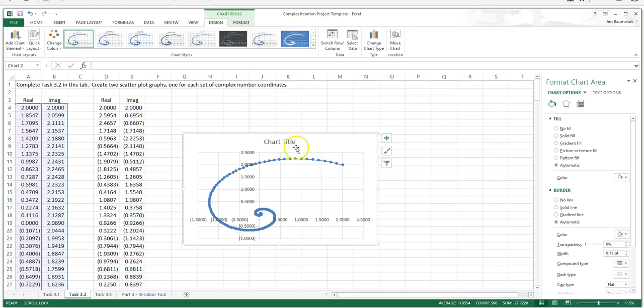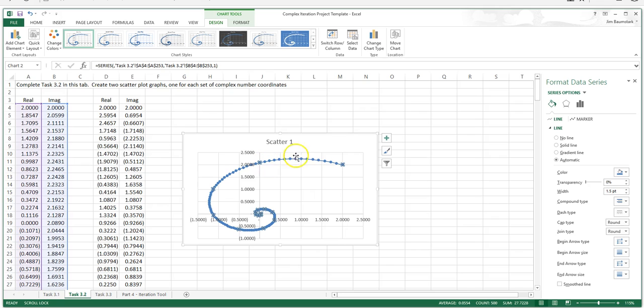If I want to give it a title, a lot of this will be intuitive. You just click on that area. We'll call it scatter 1, whatever you want to call it. And then there's various other things you might want to do at some point, like changing colors and that kind of thing. So if we just click on this series,